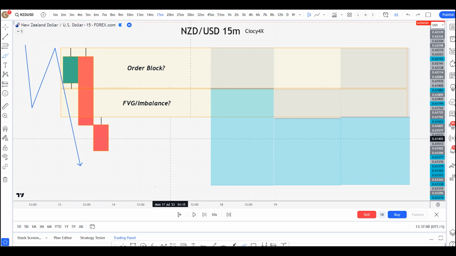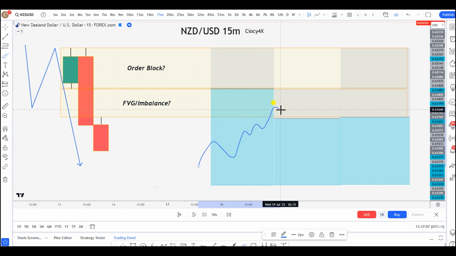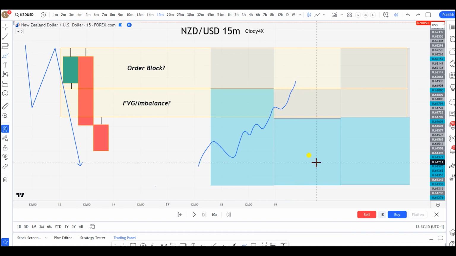Why? Because if this is my imbalance and this is my entry where I want to enter from an imbalance, and I see price coming all the way up here, right? It's just a matter of time that price fills the imbalance, taps above, so taps on the order block, and then it drops. This is a simple version of any type of trend when approaching and filling an imbalance.